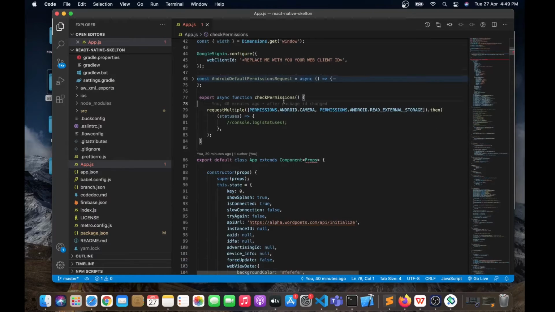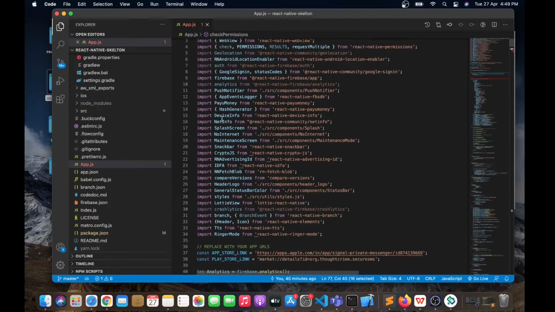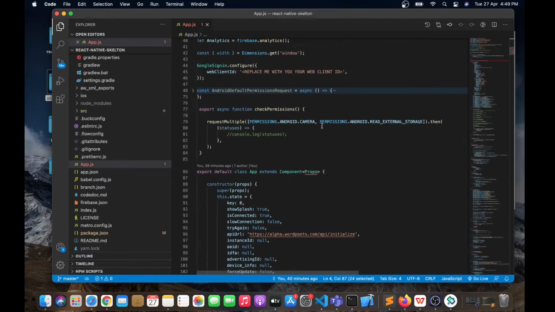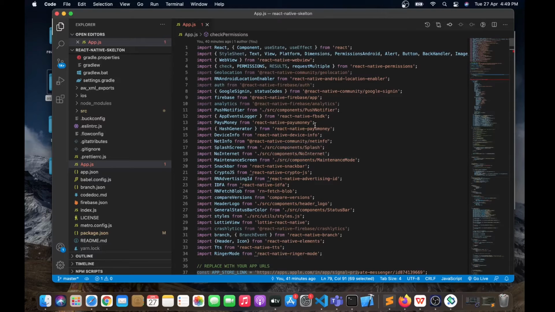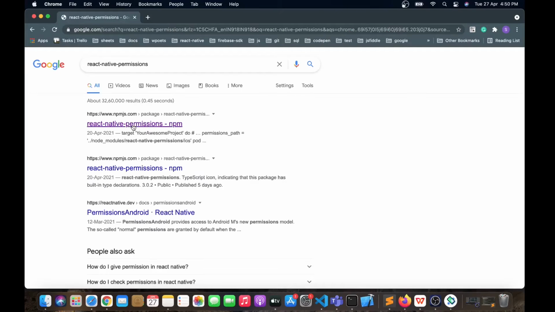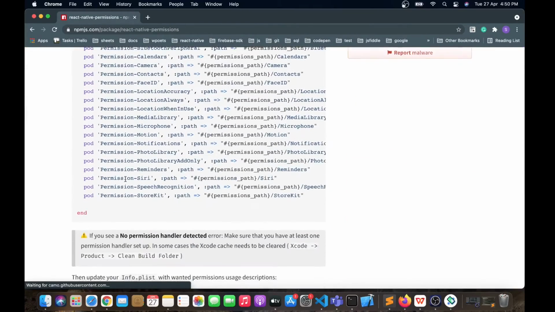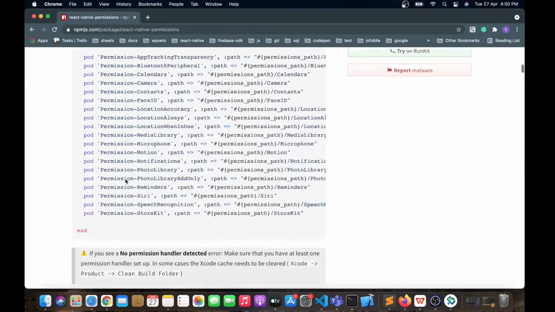And here in this code you can see check permission. So we are using a package called React Native permission, and we are using that package for checking for the permission. So here you can use this function called request multiple, and you can check multiple permissions here. And same like any other packages, if you copy this and search in Google, we can get the results of the npm.js, and we can see what kind of permissions are there, right?